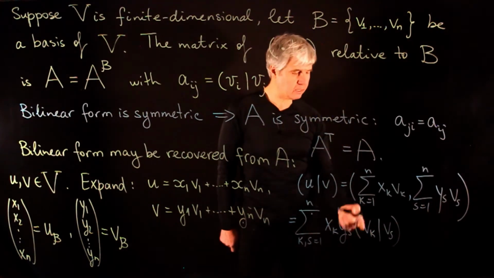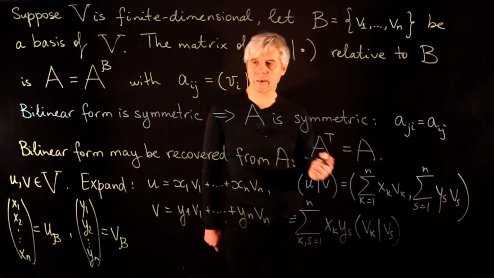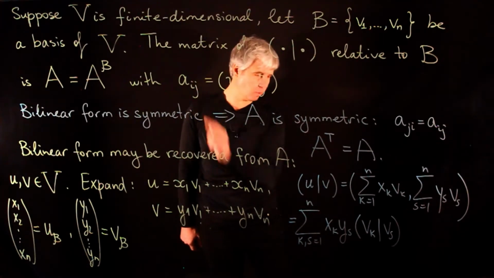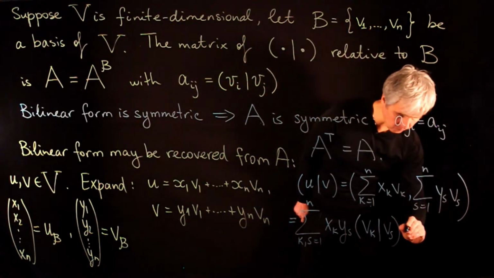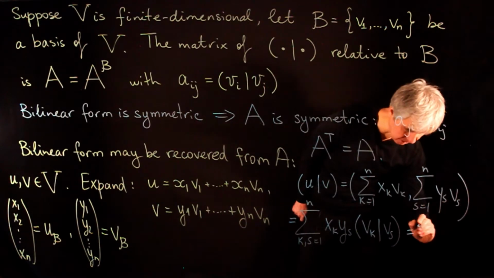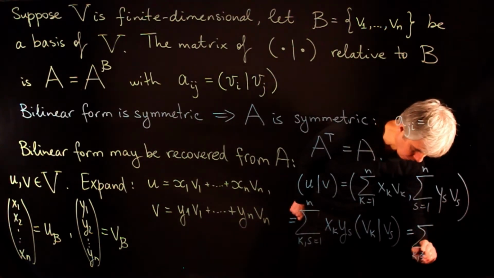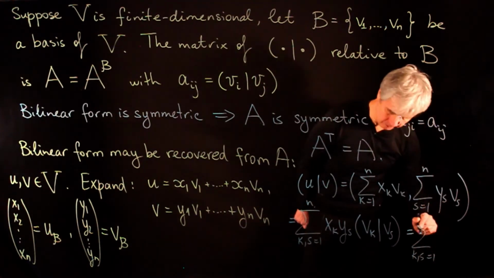But this is exactly the a_ks value of the matrix. So what we get is the sum over k and s from 1 to n